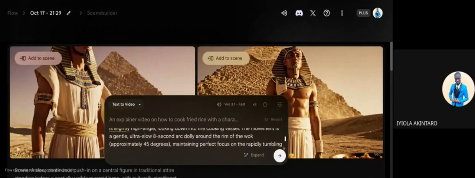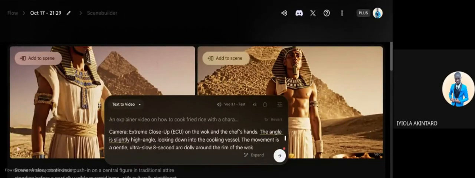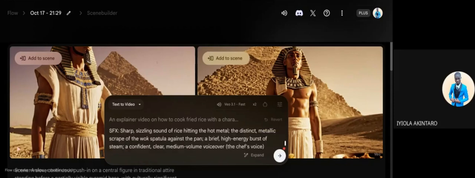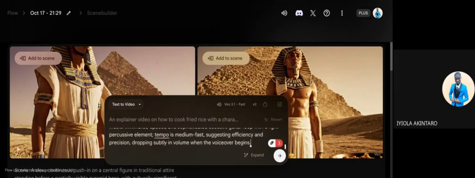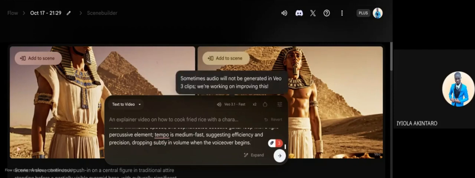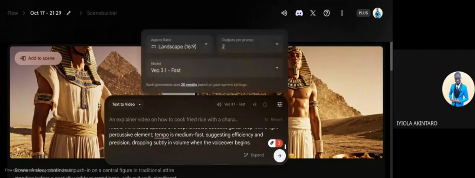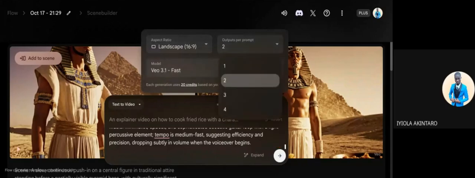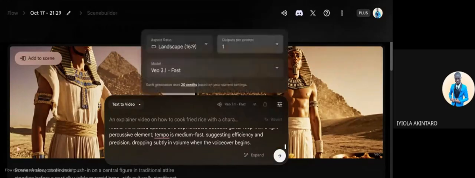And we get the camera angle, the music, and so on. Okay, and then you click on this part, then change your output to 1. I need just 1. I don't want to use up all my AI credits. So for every credit you generate, you have 20 credits. Okay, and then you can